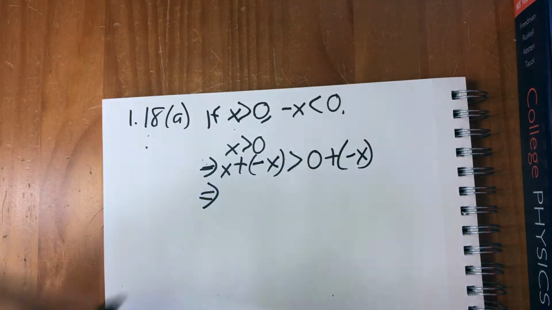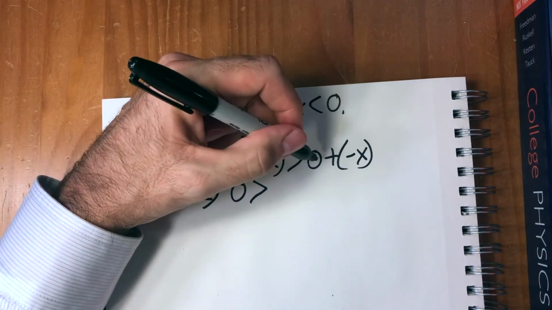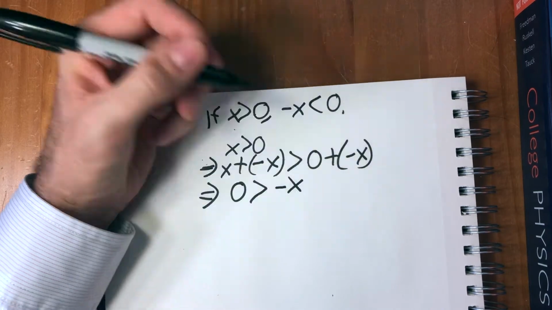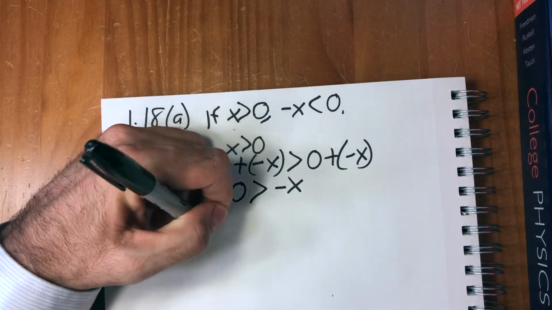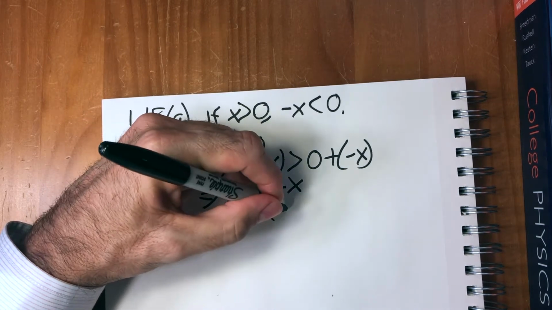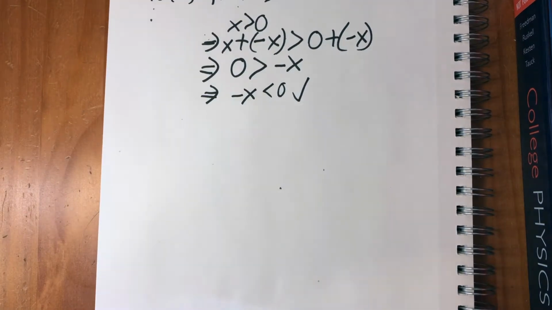This is one of those things that we should just know how to do. So x plus minus x is 0, and 0 plus minus x is minus x. That's it. Okay, so therefore minus x is less than 0. Okay, those are the things that we're going to need to verify the